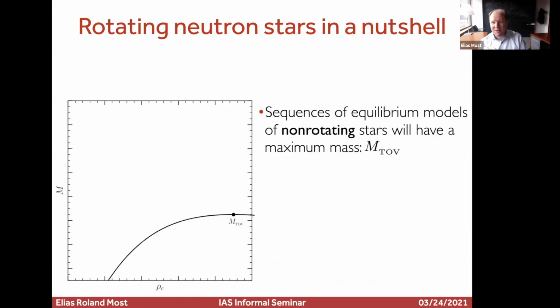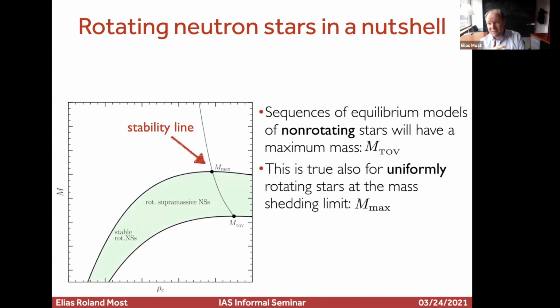But before we go there, we basically have to look at something like rotating neutron stars 101. What are the basic things in terms of stability of neutron stars that we need to understand? If you plot the same mass-radius curve for one fixed equation of state, so you pick one of those curves, and you plot it in terms of the central energy density and the mass that they have, the curve looks a bit different. It will have a maximum. This is where the maximum mass is, and everything to the right of this is basically unstable. If you were to form that in nature, it would immediately collapse into a black hole. So really the only physical branch is the left side; everything to the right would collapse.